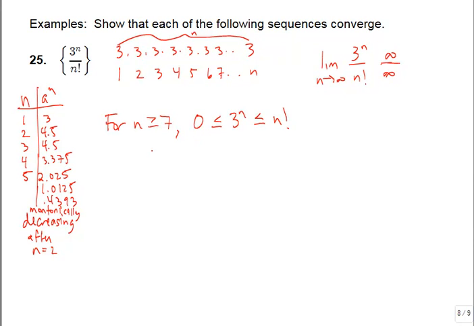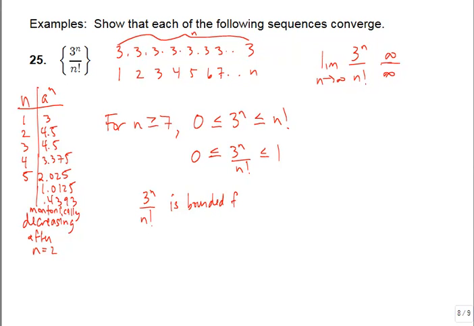So what we can do is, since all of these are positive values, let's divide everything by n factorial. Now 0 divided by n factorial stays 0. If I take 3 to the n and divide by n factorial, then we get that in the middle. And n factorial divided by n factorial is just 1. So what this shows us is that 3 to the n over n factorial is bounded